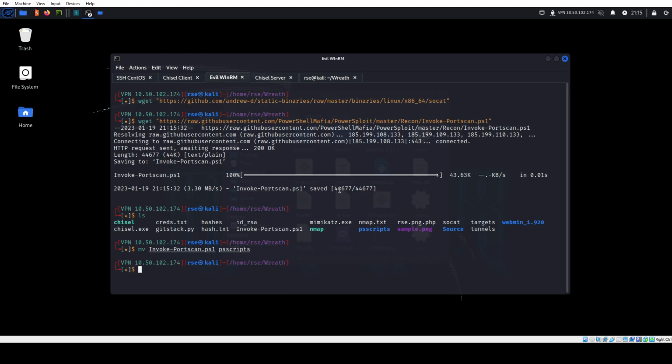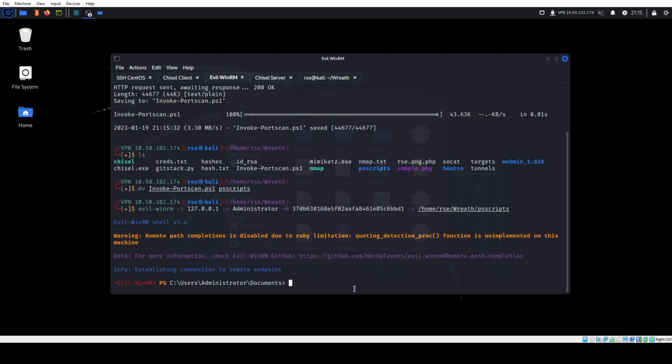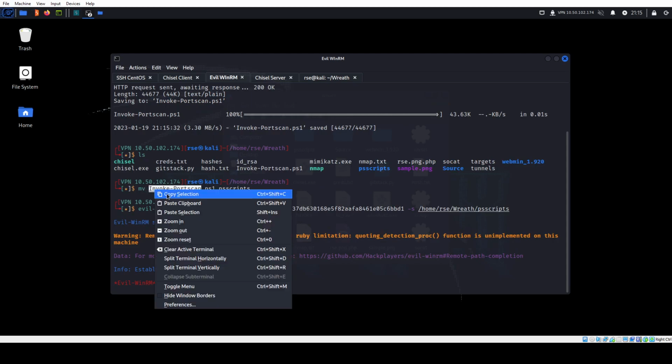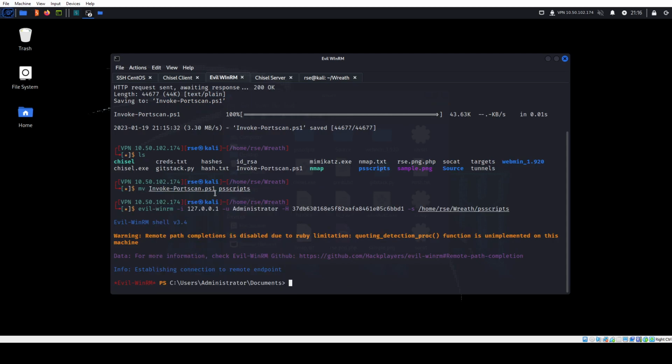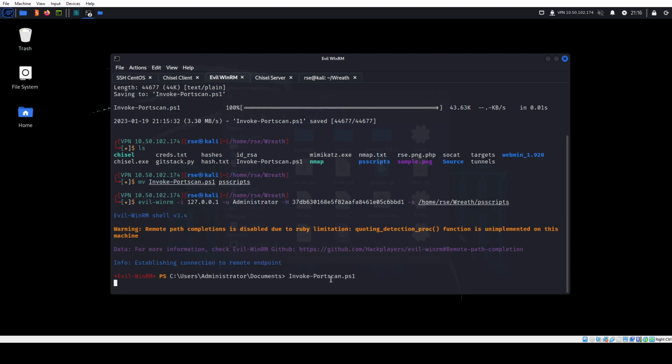to our PS scripts. I created a directory called PS scripts, or PowerShell scripts, and now we're gonna go ahead and do the dot-source, to load up our scripts into memory so that we can perform our port scan. So first thing, once we're there, we're going to run this. And once that's loaded, we're going to do host, and the IP address is